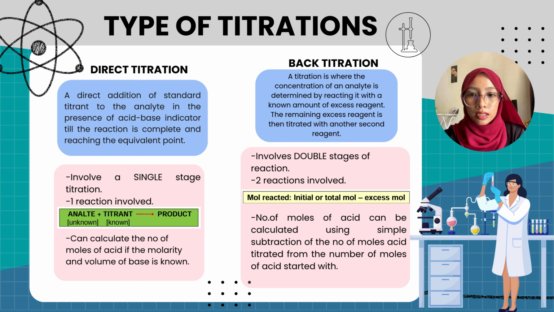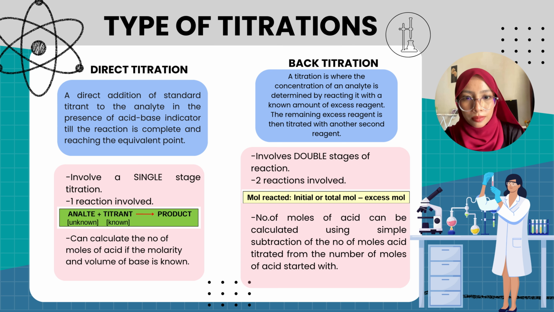Types of titration consist of two, which are direct titration and back titration. Direct titration is a direct addition of standard titrant to the analyte in the presence of an acid-base indicator until the reaction is complete and reaching the equivalent point. It involves a single-stage titration, and we can calculate the number of moles of acid if the molarity and volume